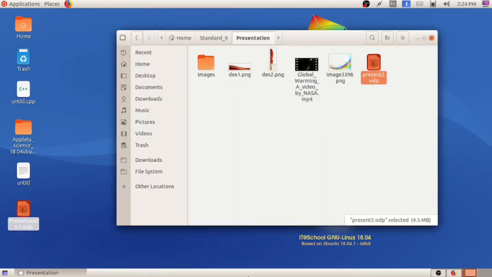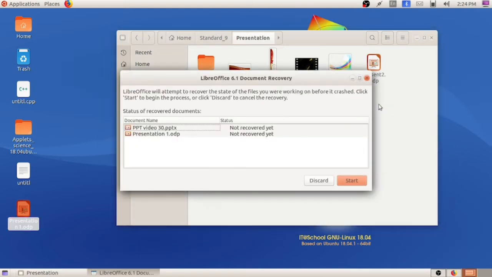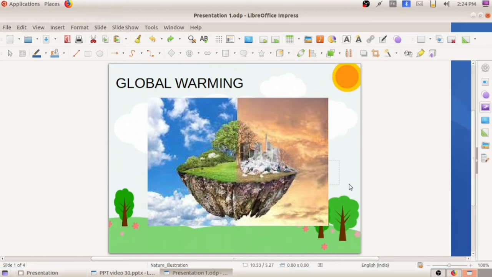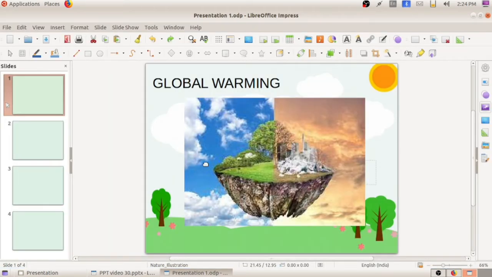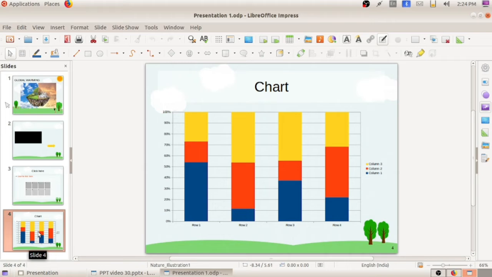I will be opening my presentation, and here I want to add a particular slide from the presentation which we have seen in the school resource folder.